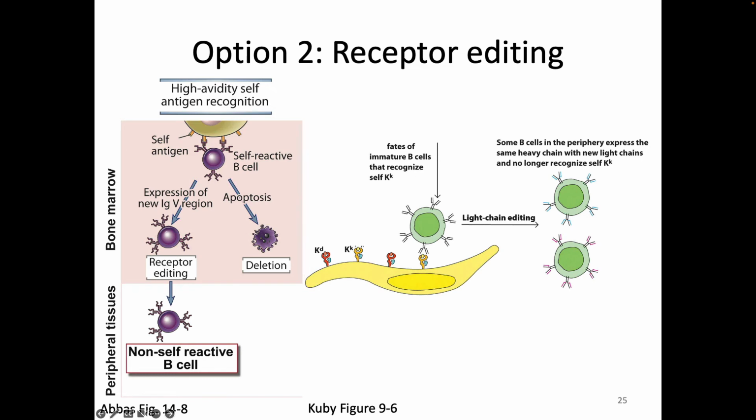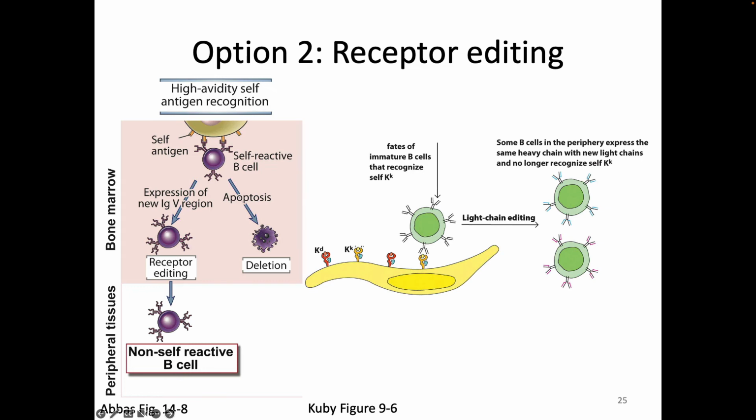Oftentimes, when you are in a very bad situation infection-wise, if you have Ebola, if you have COVID-19, this is a big part of what goes on with COVID. If you have a lot of different infectious situations, you make so many cytokines. You make all the cytokines. You have crazy cytokines going on in your body. So what it turns out we do is we basically take that cell that's sort of weakly self-reactive in the